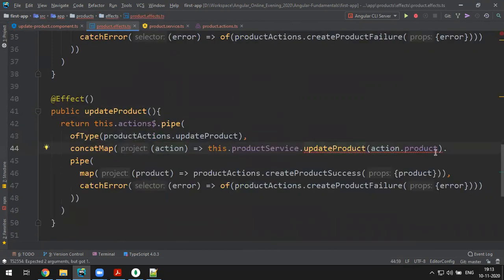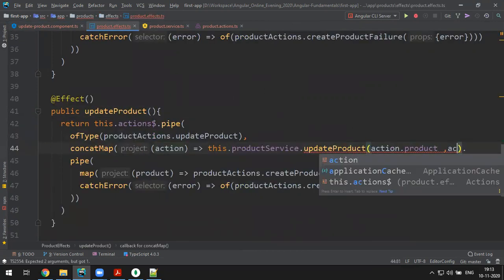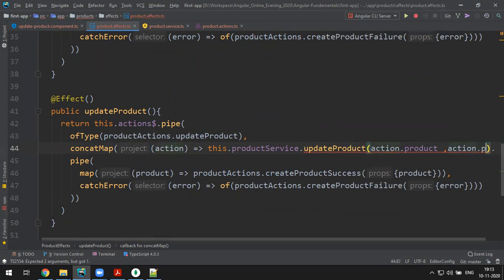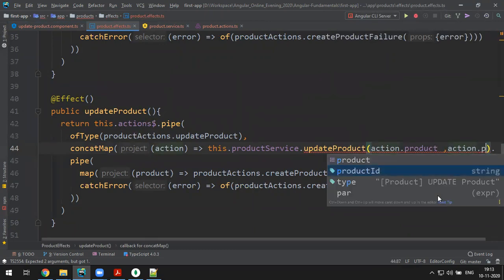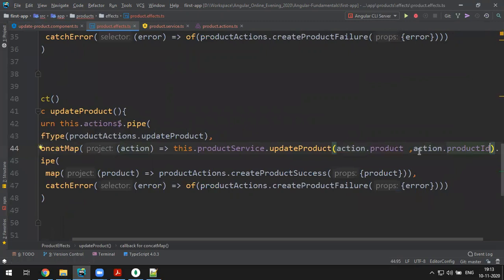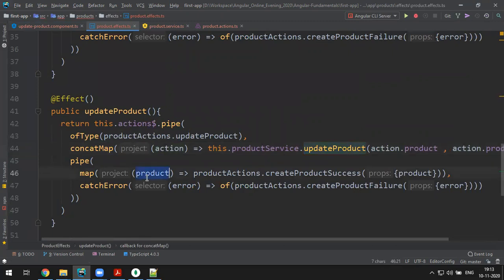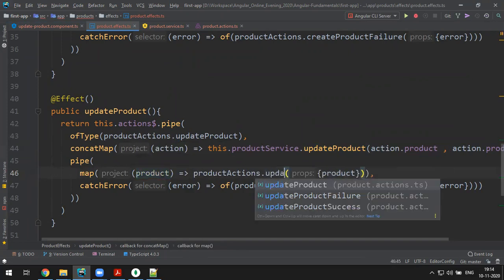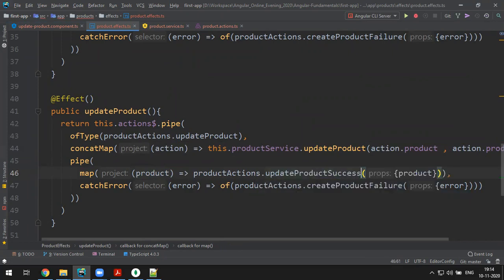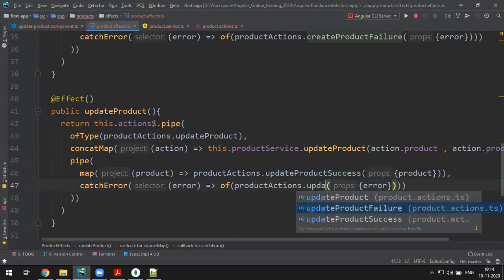Product is already there, comma action dot product ID, because I configured two things. First product and then product ID, done. Then you receive back a product, and I don't need to do anything with that. This calls update product